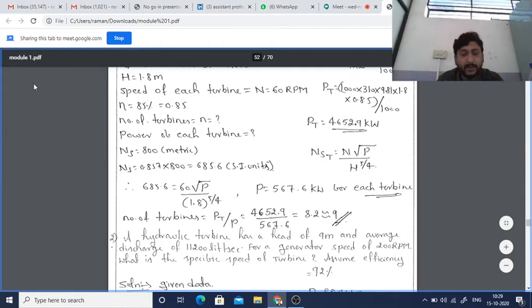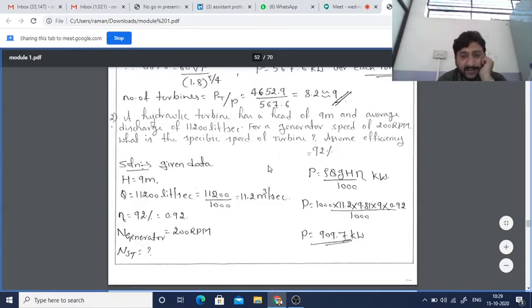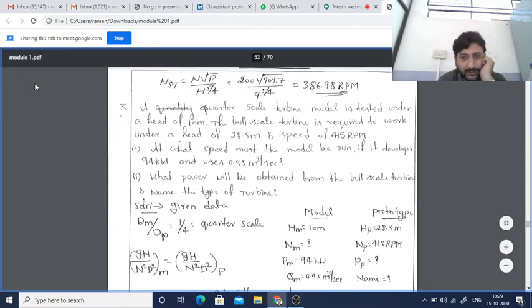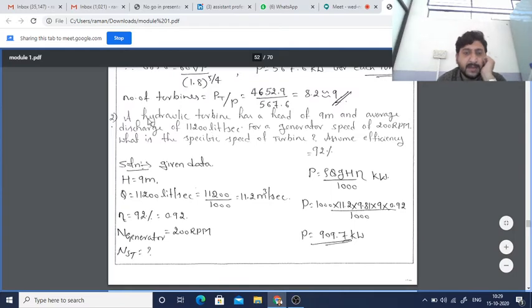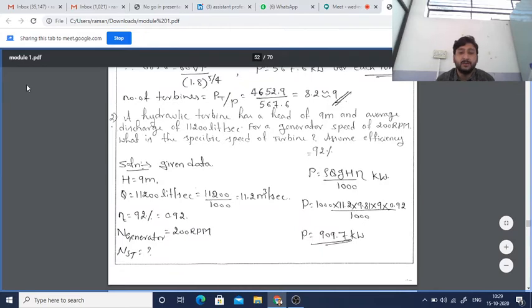What is this metric now? 0.857. Okay, I'll just check onto it. We'll see if somewhere else they had used this or not. If they had used it, then we can come to know. Just remind me about this. Next, a hydraulic turbine. I have it in my notes, but my notes are not available here. I'll come back to it, guys. You just start doing the second problem. Meanwhile, I will check and get back to you.